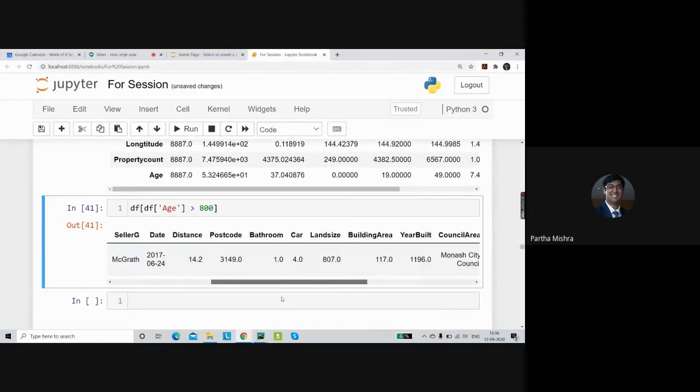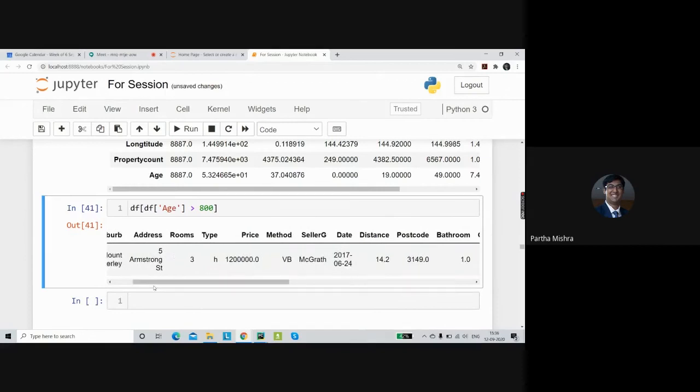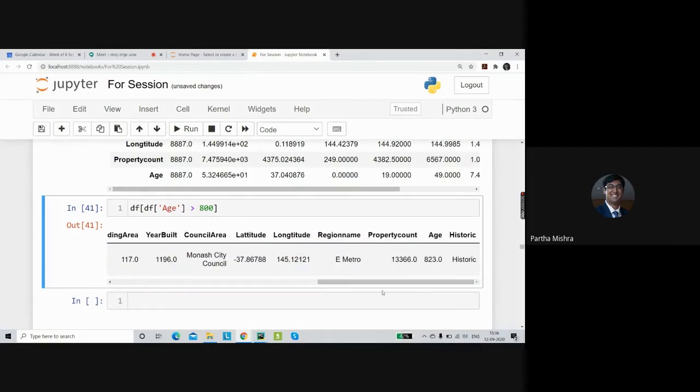If you look at it, it's a house type and only has 3 rooms, but it is 823 years old. This value has to be removed from the data because it's an outlier.